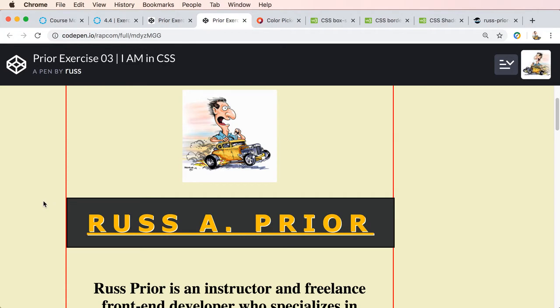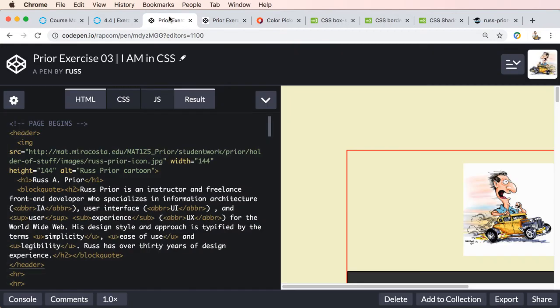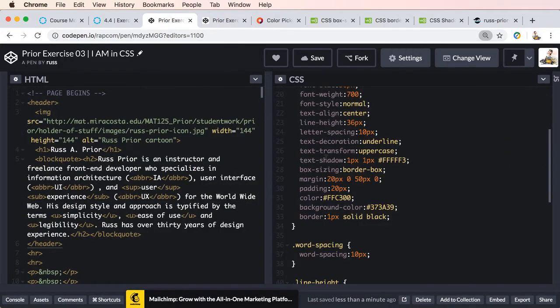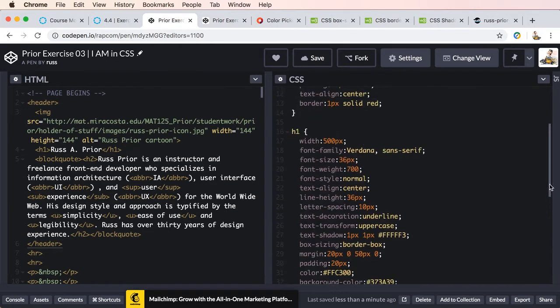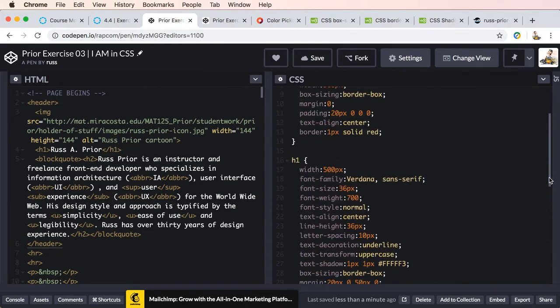Okay, let's try a couple different things and see what happens. All right, so I'm going to have to zoom back out so my code is not so large, but let's first look at H1, and if we set the width to 498 px, and we'll save,